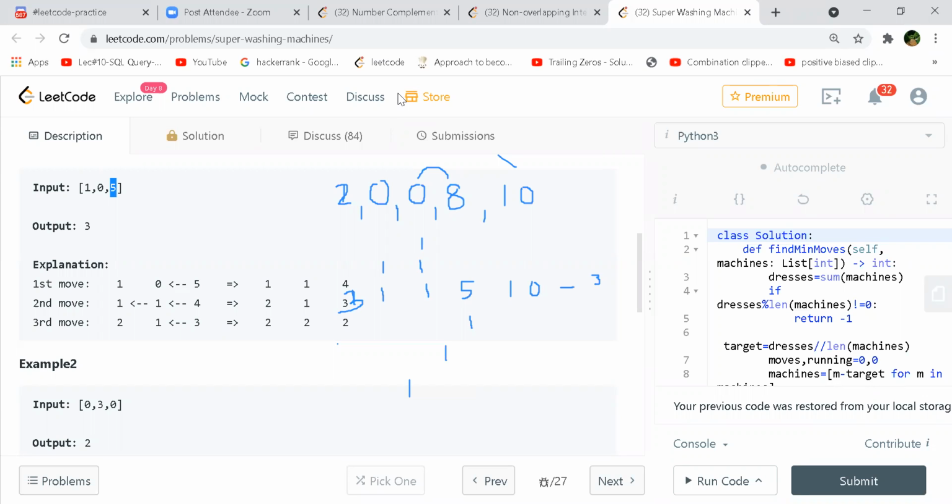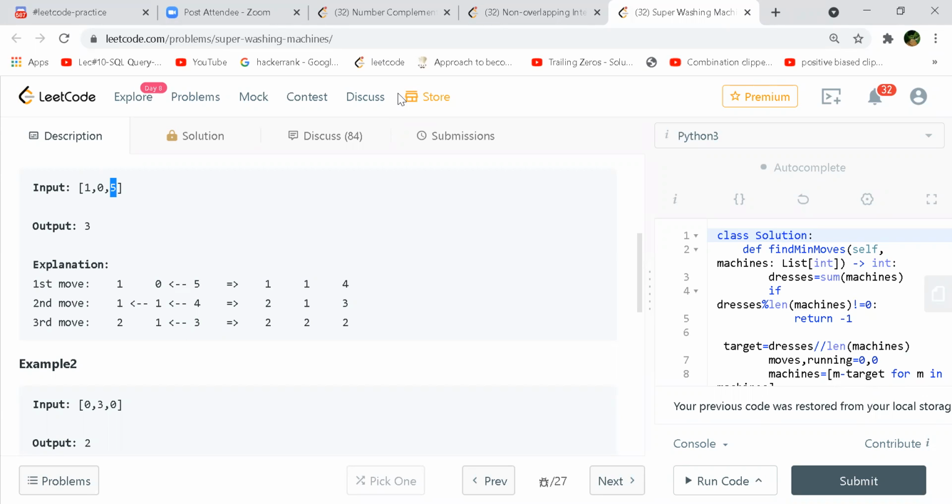So then, what do you actually get from all this, right? For every machine, you have to fill your target value till the point. Whenever you find any cell in the array having more than the target, you maintain a running variable which will keep on distributing the addresses to its adjacent ones till it suffices the required condition, like all the elements of the array are equal to that particular target.